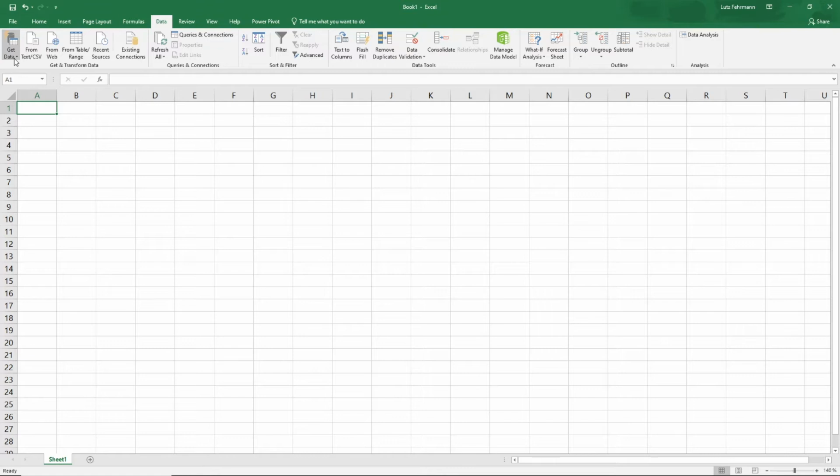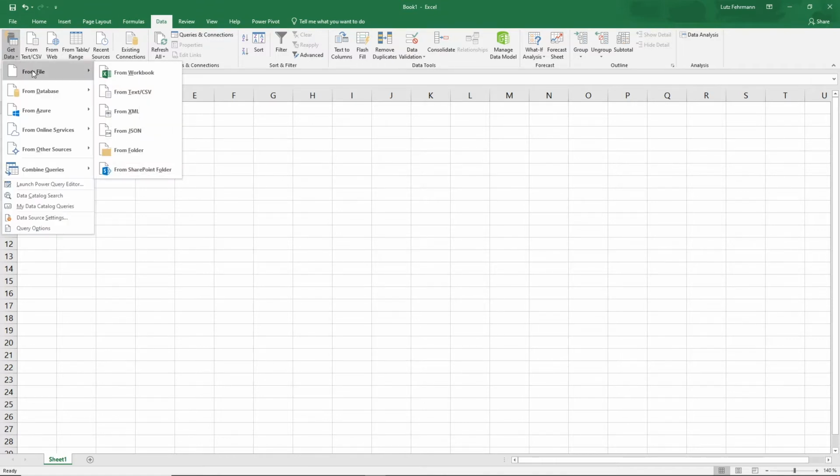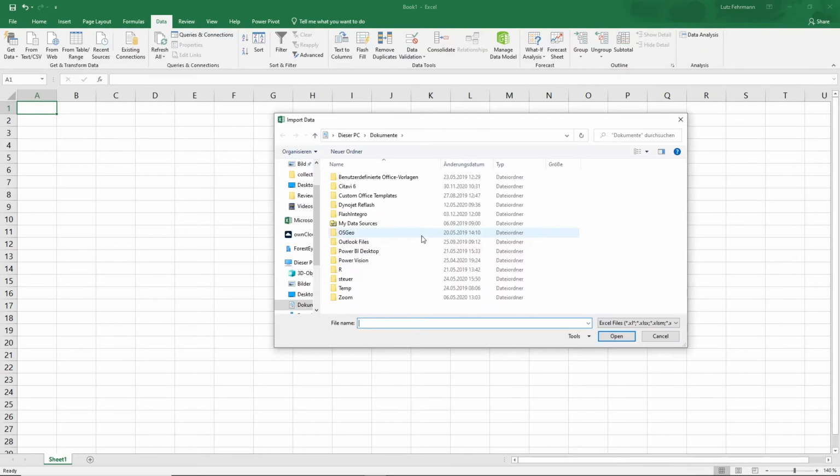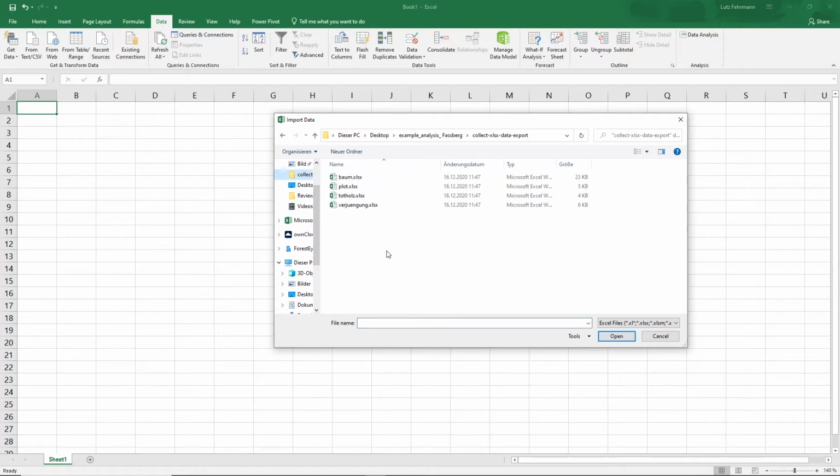For this demonstration, I have exported data in Excel format, so I have Excel workbooks containing my data, and in fact I like to query these original data in order to do some calculations.